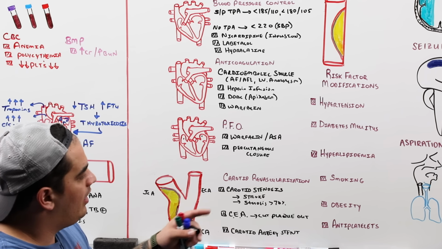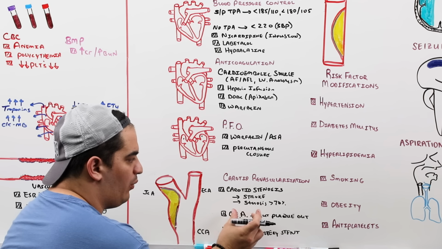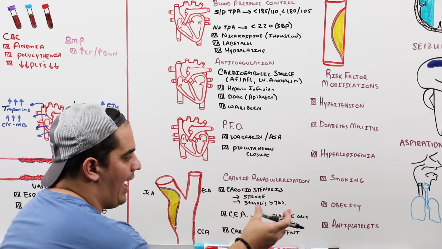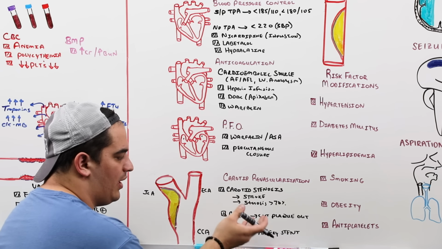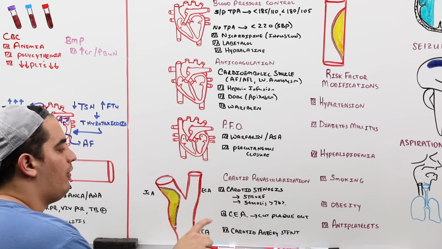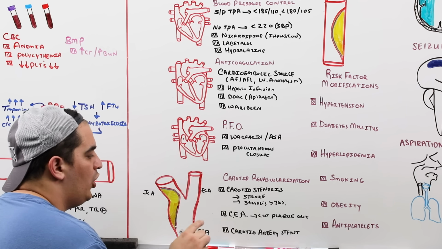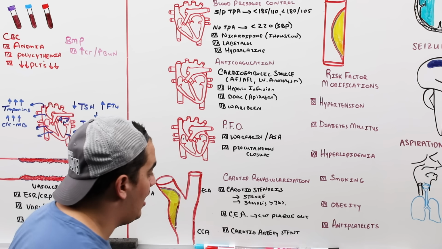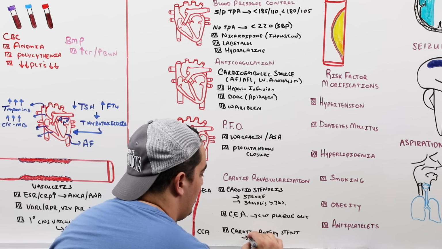Now here's the big thing to think about. When someone has carotid stenosis, a really bad one, a critical stenosis like greater than 70, they have a stroke, so they're symptomatic, they should get one of these procedures. And there are different protocols and reasons why someone should get one over the other. We'll talk about that in a video dedicated to carotid stenosis. But for right now, what I want you guys to think about is if someone gets a stent placed there, you need to be thinking about, do they need to get antithrombotics? So sometimes if they either are not getting treated or they're getting a stent, sometimes you need to put them on